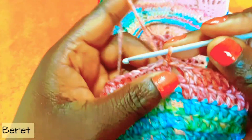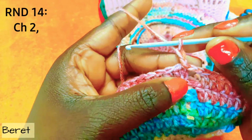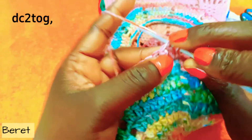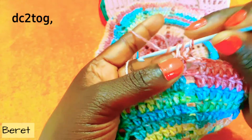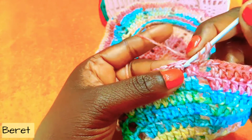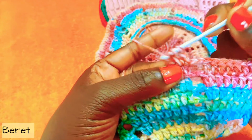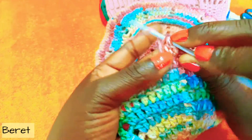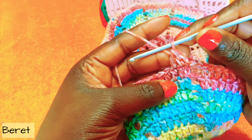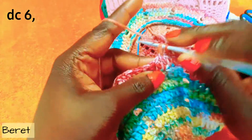So what you're going to do now, you're going to chain 2, and do double crochet, half, and go to the next stitch, do double crochet, half, and pull everything out, and you do your double crochet,